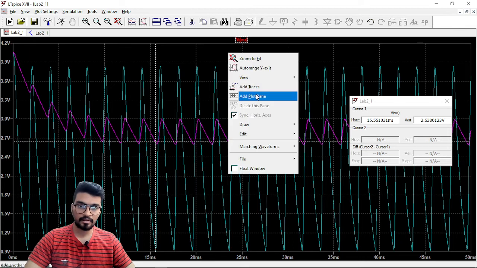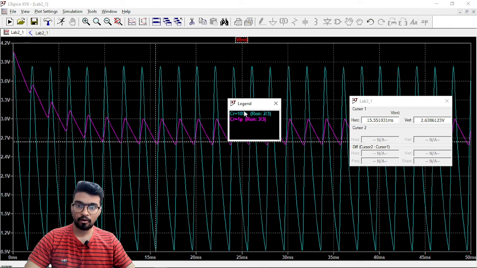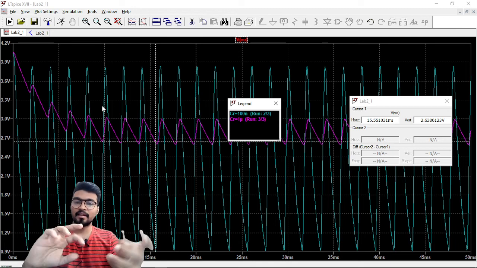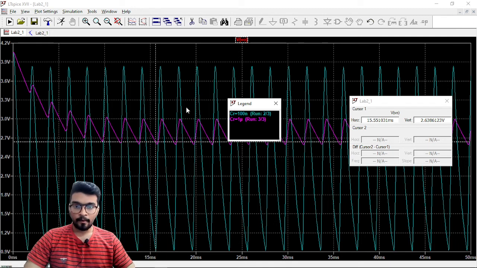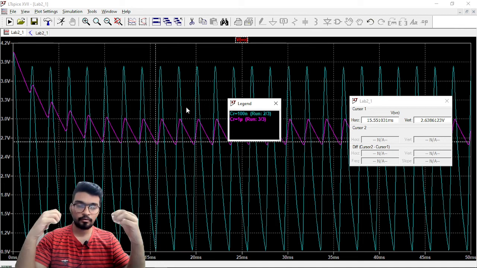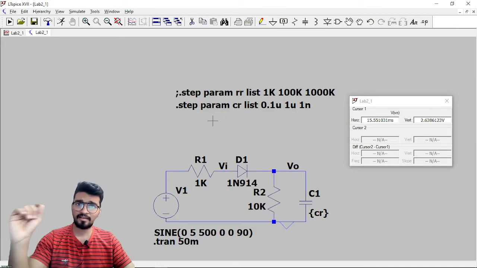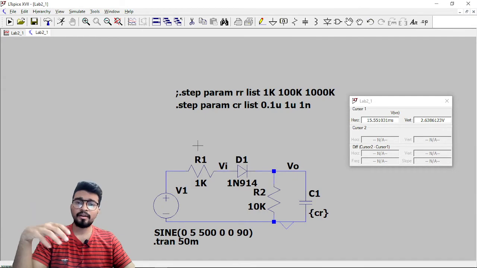So if you can see here, view and step legend. So yeah, 100 nanofarad or 0.1 microfarad and 1 microfarad. For those two, you will get this. So you can get these variations like this. You can have multiple variables. Okay, so right now what I have done is varied the capacitance ranges, the C R. You can vary this R2 or R1 as well.